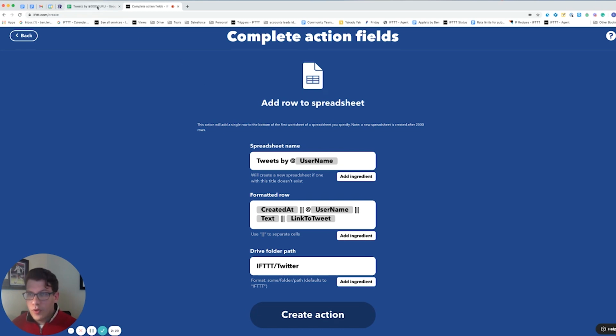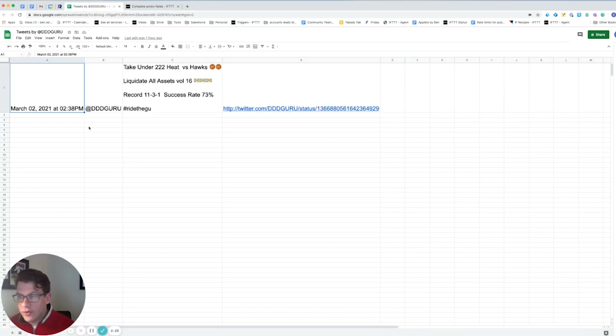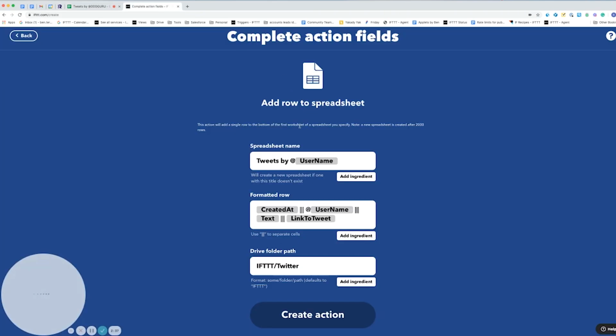So just to show you what that looks like, this is one I did earlier today. The first column is the date. The second column is the Twitter handle. Third column is the tweet itself. And in the fourth column, just in case you need it, is a link to the tweet on their platform. So we're going to click create action,